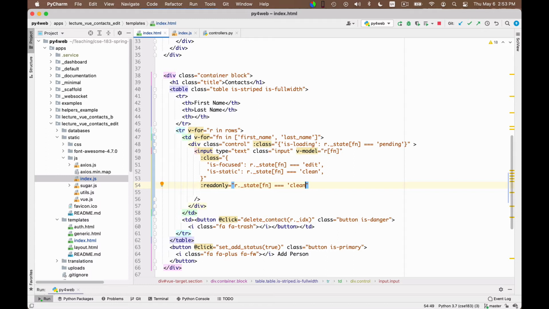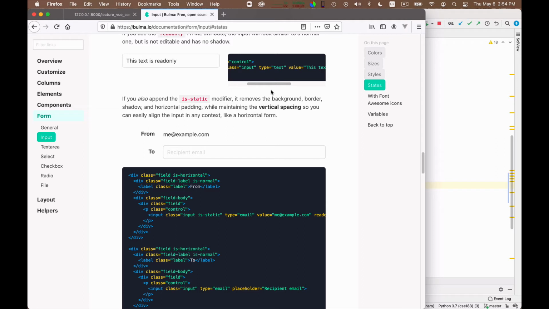I think this may be a bit confusing. Because readonly is not a class. Readonly is a funny element. It's one of the things that I actually hate about HTML, but you know, I didn't invent it, so I'm innocent. So in addition to classes, there is this funny stuff.